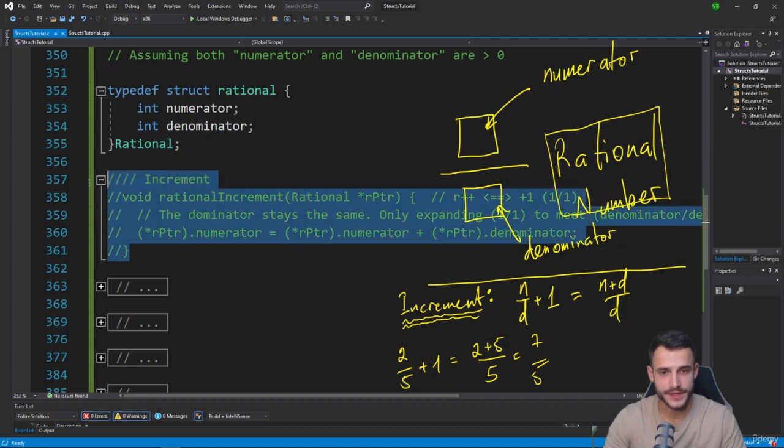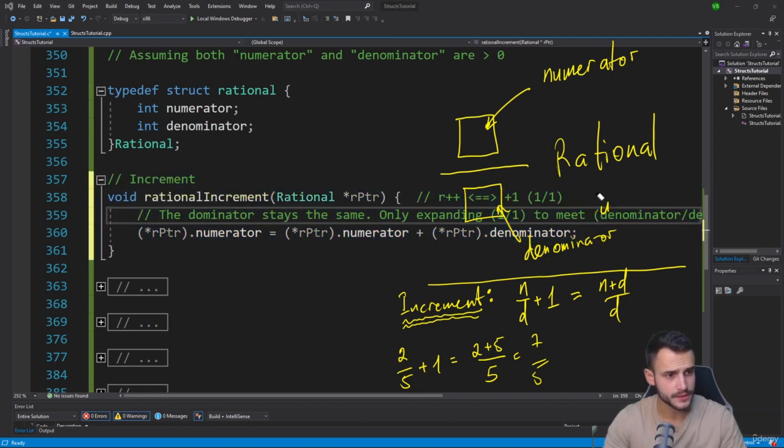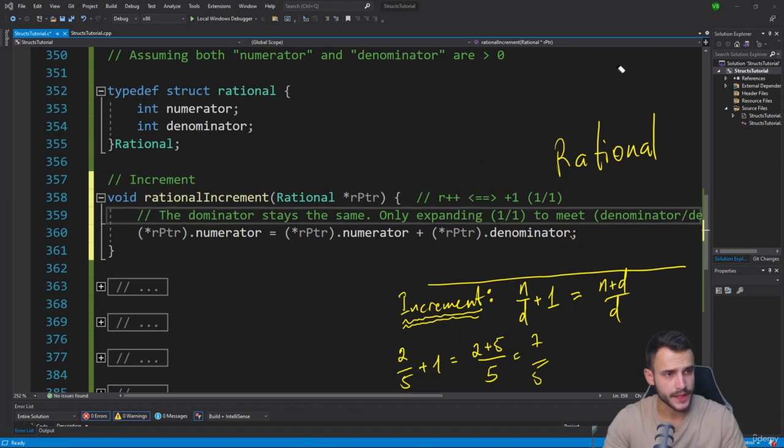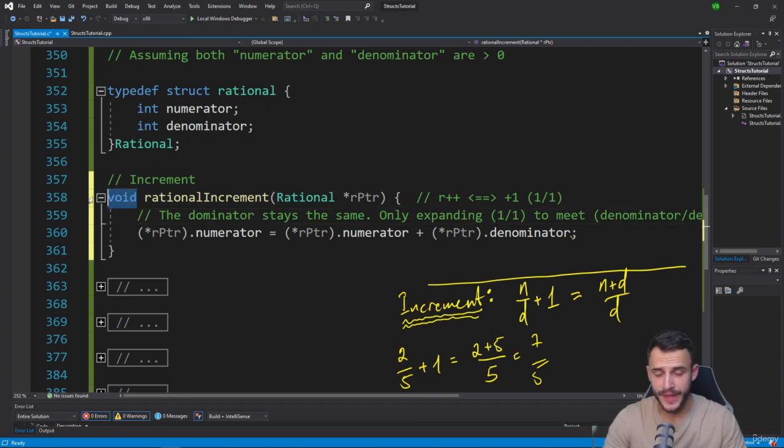So we are going to uncomment this part. Okay, and well, let's also remove this one. We already know it. Okay, good. So we are going to make a function of a void type because we do not expect this function to return anything. So we are going to call it rational increment. It's going to get an address of some existing